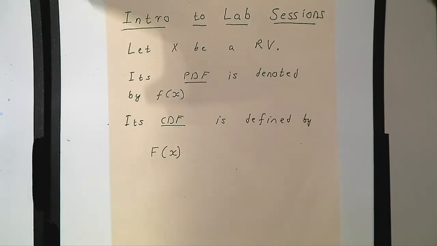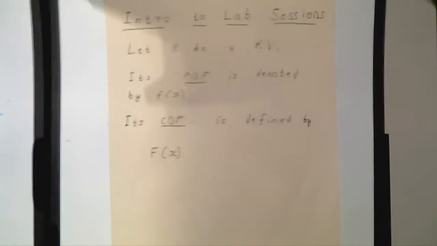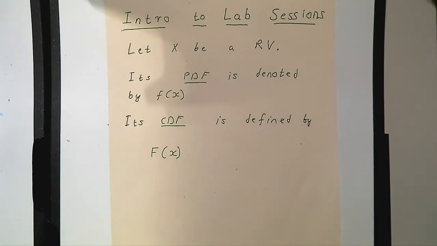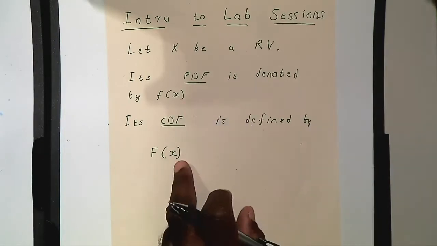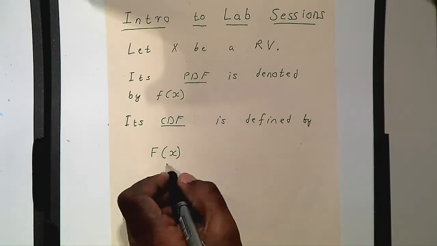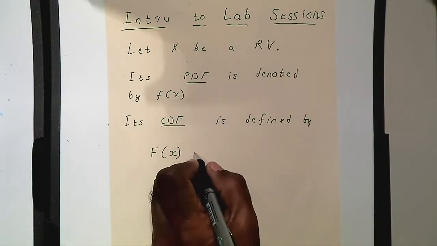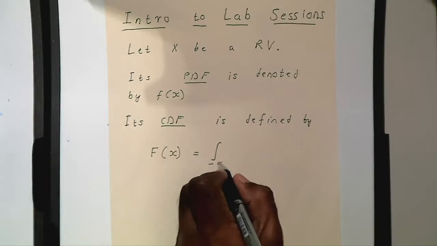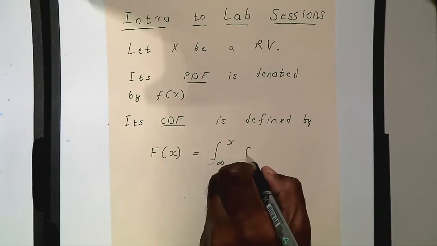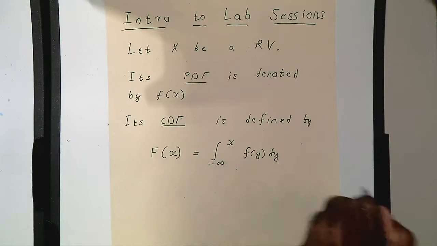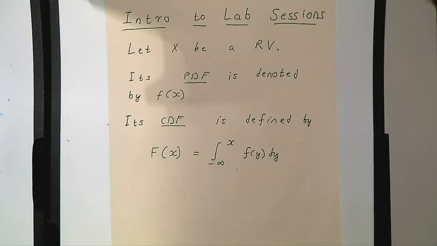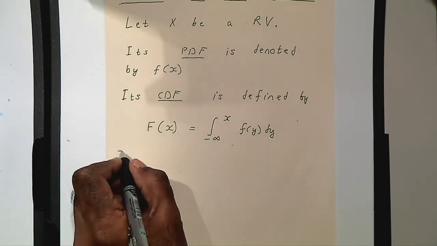If you have a random variable x, right? Let's assume for the moment it's a continuous random variable. Then its PDF is denoted by little f of x, and its CDF is denoted by capital F of x, and is defined to be this, right? And its quantile function